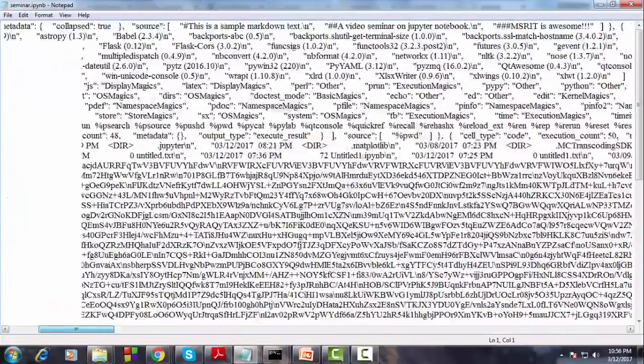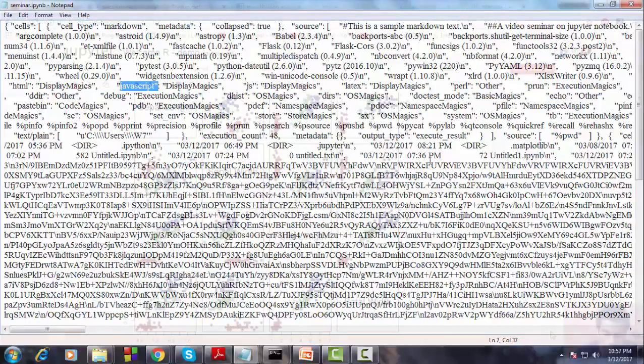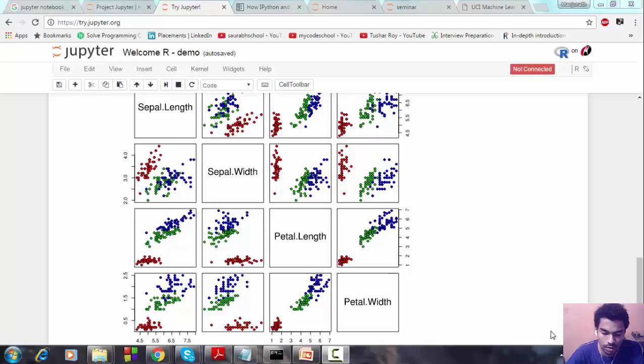So as you can see, the syntax of this file is basically a JSON file. So as you can see here, the magic commands that we had displayed, the JavaScript magic commands. So this JSON file contains all of the information that we had saved on the notebook. So this is how the file is structured in the background of the notebook. Okay, so now that we have gone through the installation and demonstration processes of Jupyter Notebook,